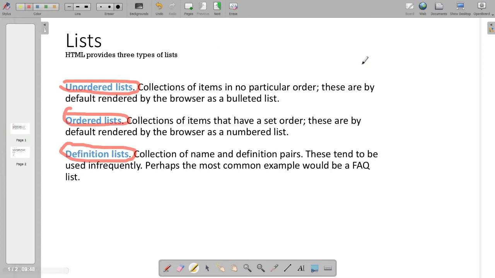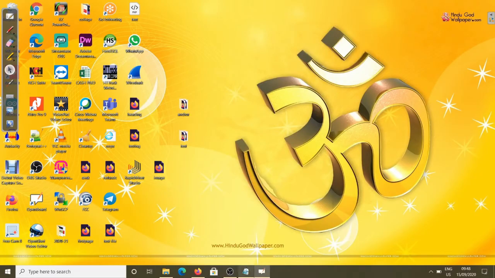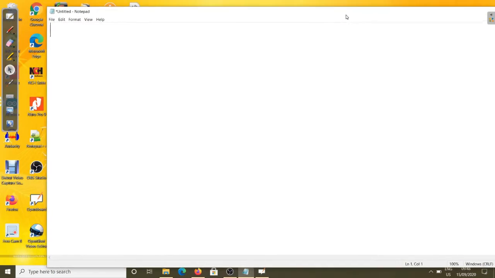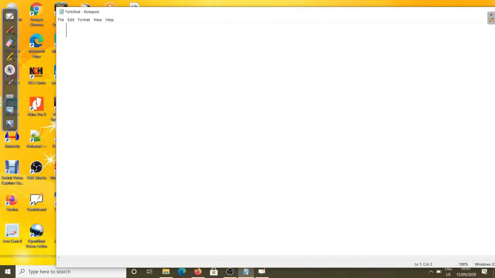For syntax purposes, just open Notepad. For the unordered list, the syntax is ul, unordered list. After that you write li, which is called the list item.